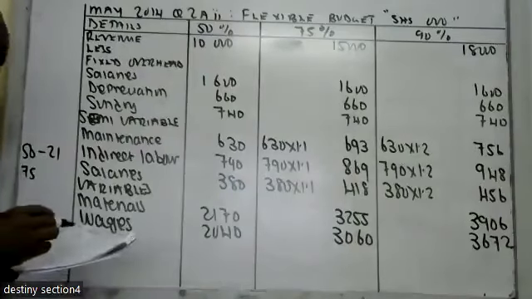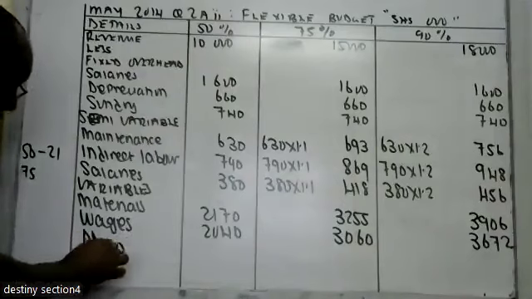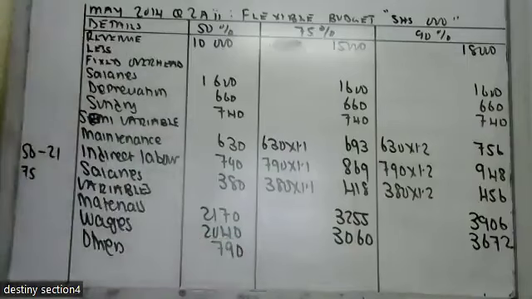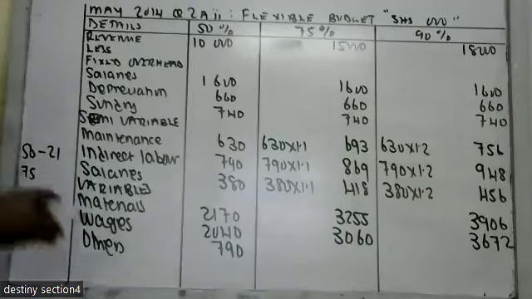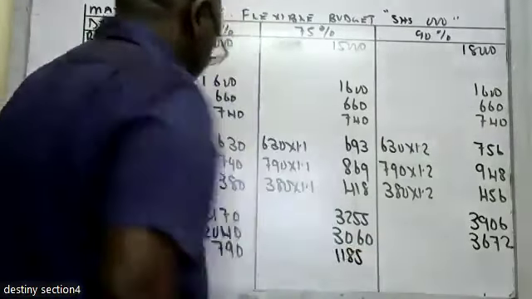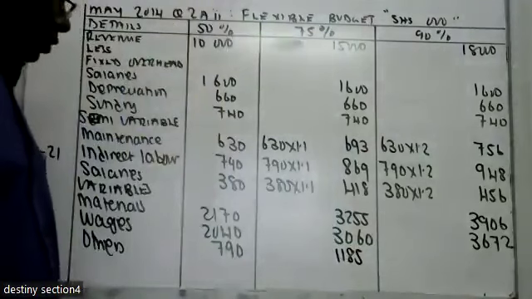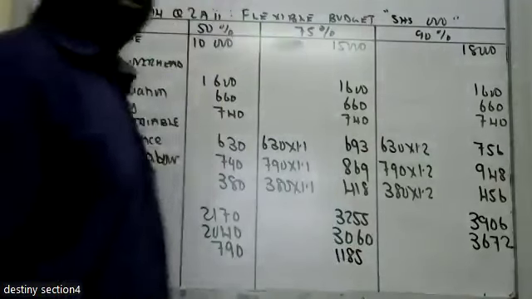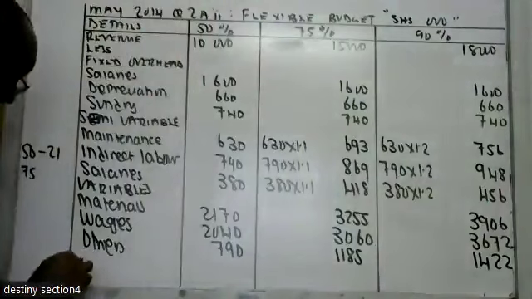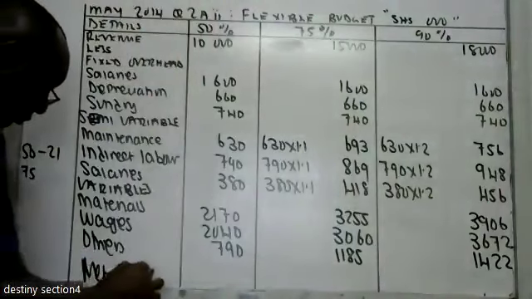Huyu mwingine anaitwa others. So others ni 790. So I want to have something different. 11 is the 5. Okay. So get the net profit now. Then make sure that